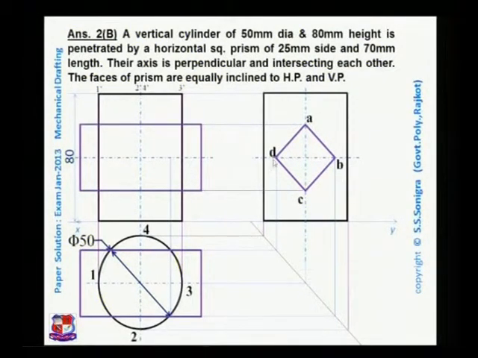Now, to find the intersection points of this square prism and cylinder, pick up this point and this point, the intersection between arc 1, 4 and this horizontal line. Here one point is there, here one point is there, similarly one point is here and one point is here. So from this point draw a vertical line, it will cut this BD horizontal line or axis at one point over here, and name these points A dash, B dash, C dash and D dash from this side view like this.